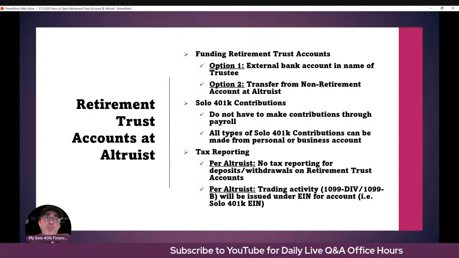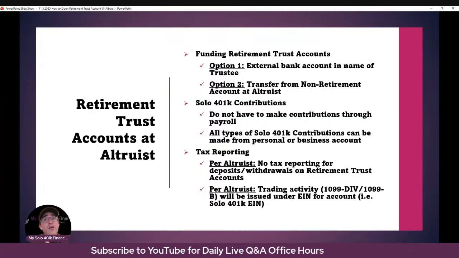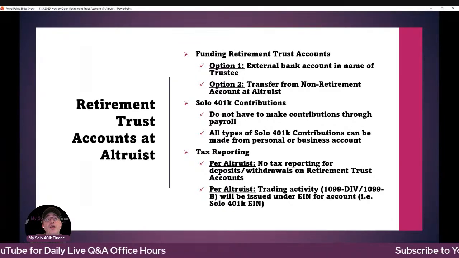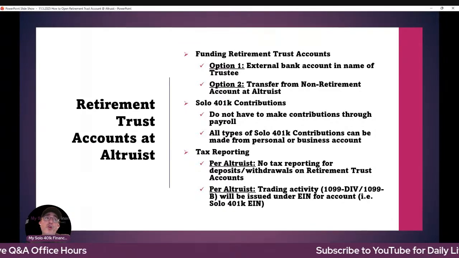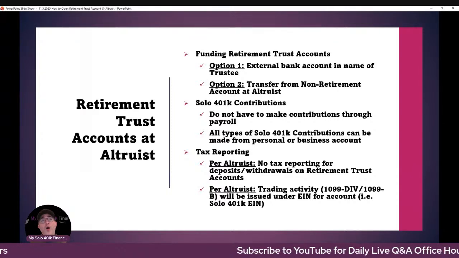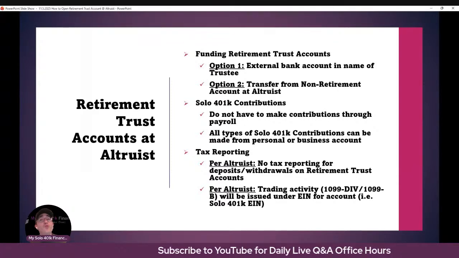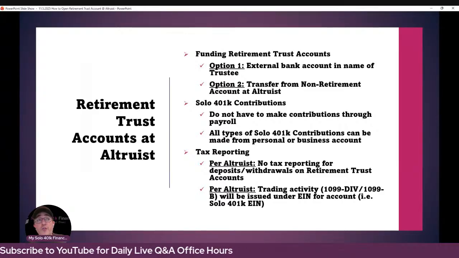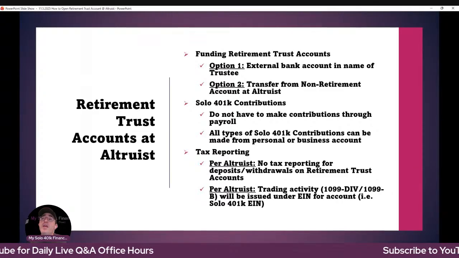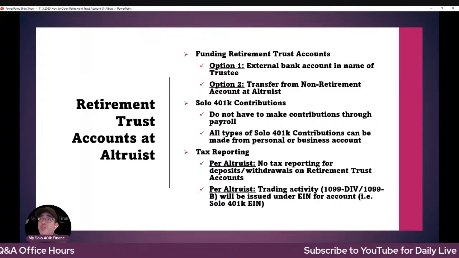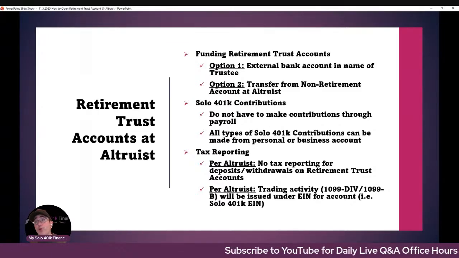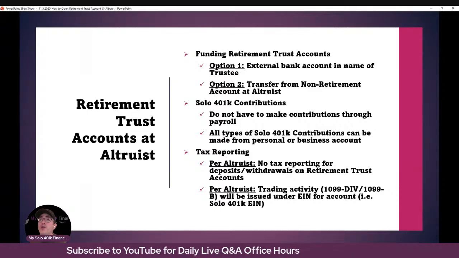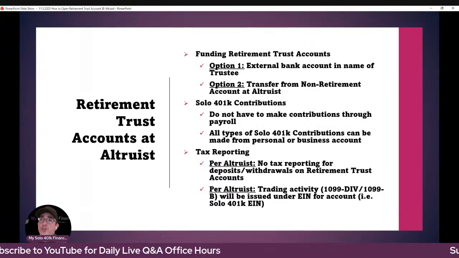So even if their business is taxed as an S corporation, they are receiving, say, payroll, right? They're receiving a W-2 from the S corporation. From a solo 401k perspective, there's no requirement to make contributions through payroll. From a solo 401k perspective, regardless of the contribution type, contributions can be made from a personal account or a business account. Tax reporting. So per Altruist, they are not doing any tax reporting for deposits or withdrawals on these